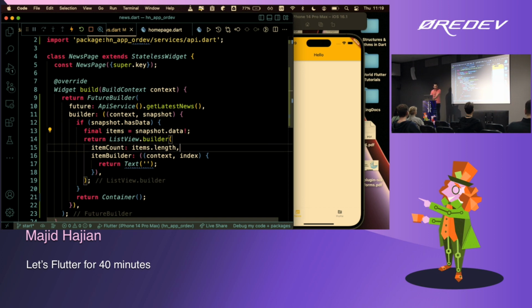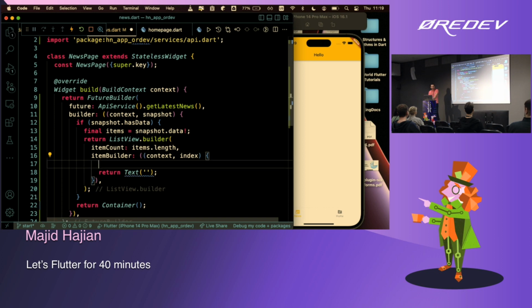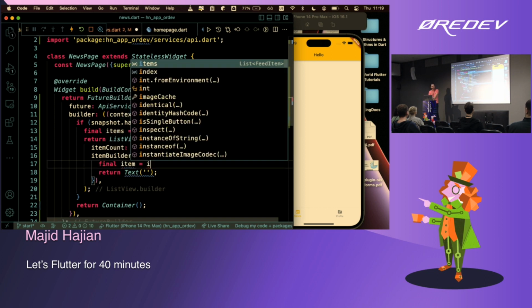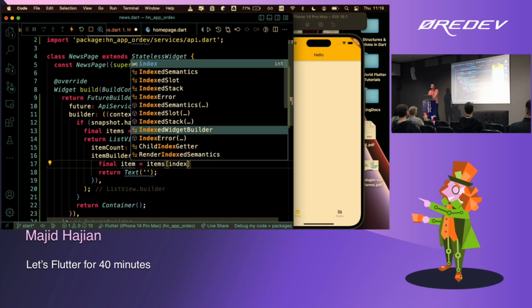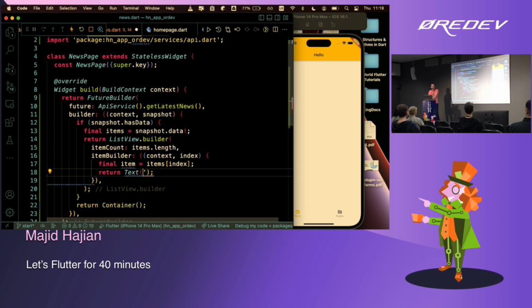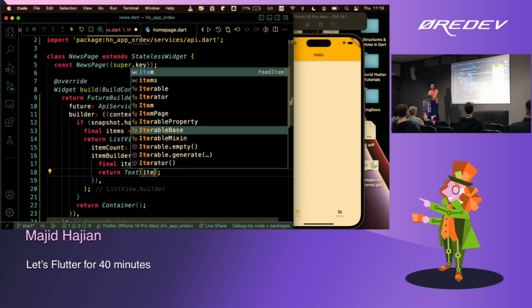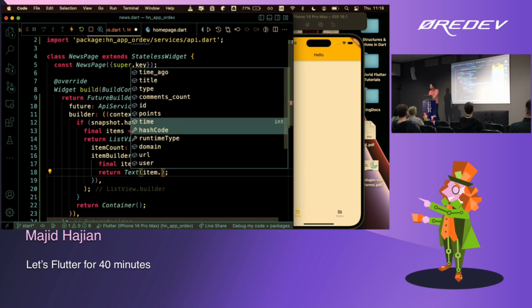That's fine, good. So now I have the list of items. And here I have the index. Now I need the item, and it will be items[index]. I'm just going to go and here say item. See, my compiler already knows this is a Dart object. Just going to go and say a title.